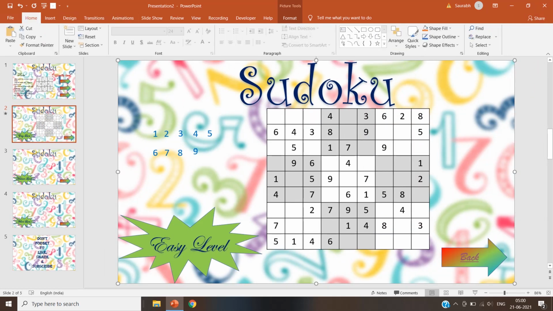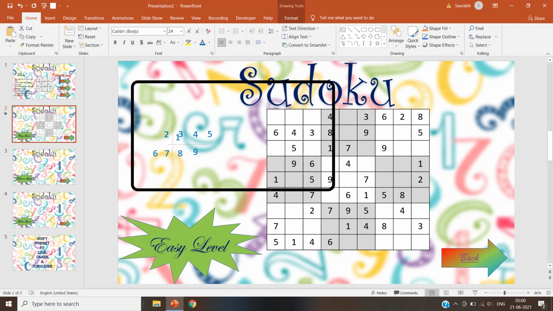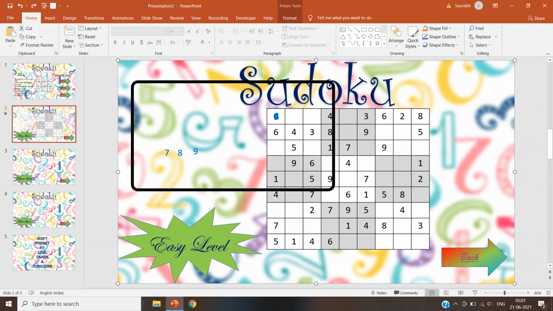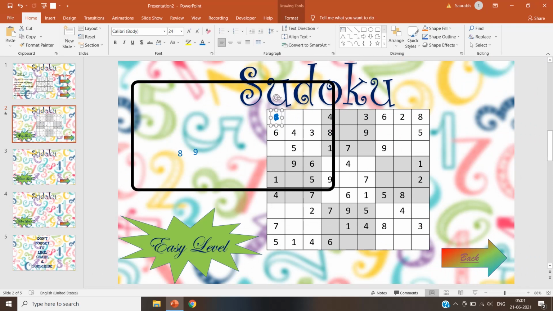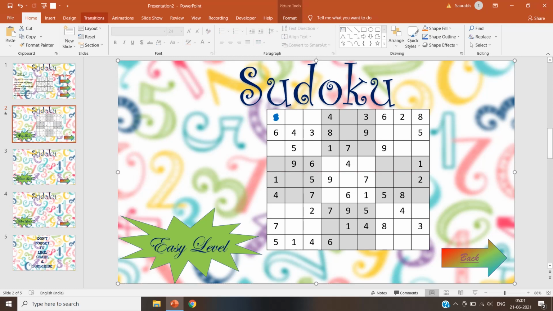Now simply what we have to do is just drag the text boxes to the first empty column. All the text boxes on which we have given animations, just drag them to the first empty column. From animations till the last trigger point, we are going through the main part of our video, so don't miss a single thing. Okay, after dragging all the text boxes, click on insert,